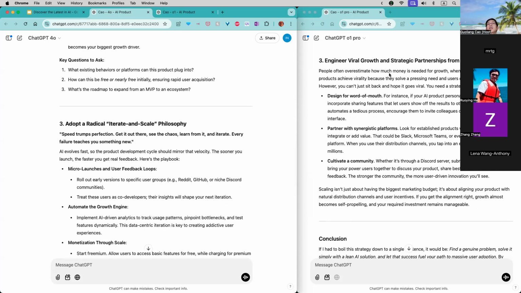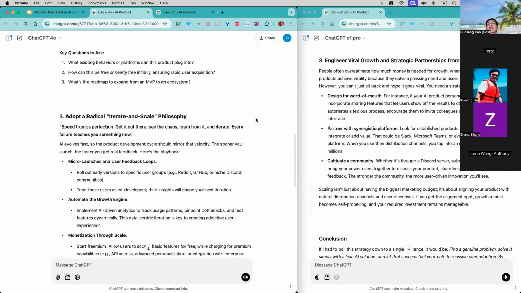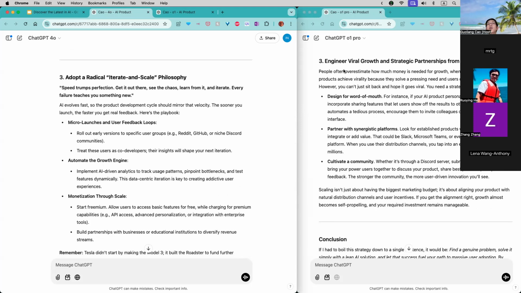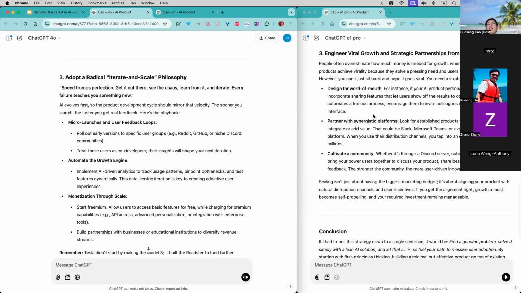The third idea is to engineer viral growth and strategic partnerships from day one. To get to 1 million people, you need very fast growth.